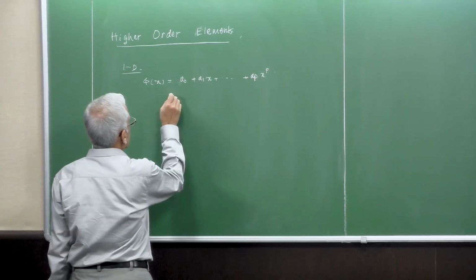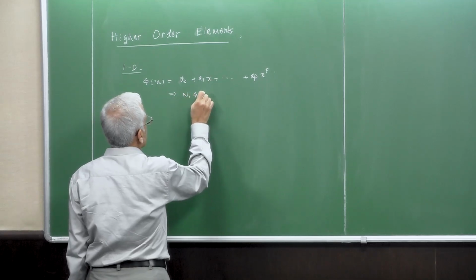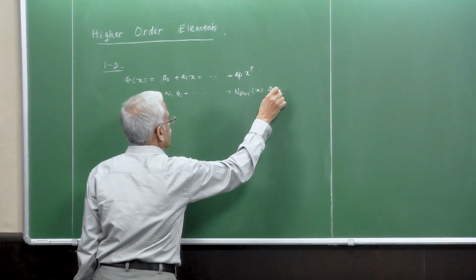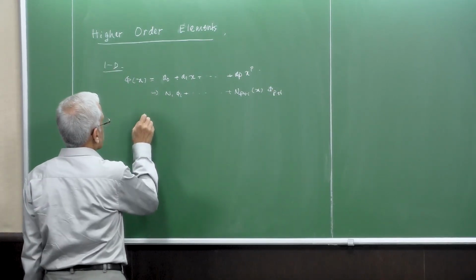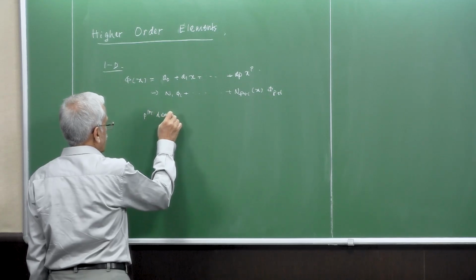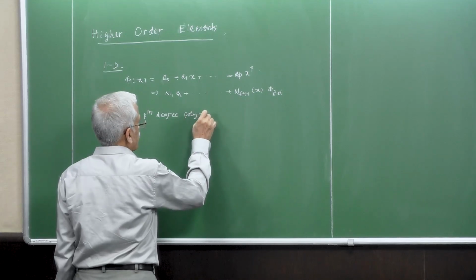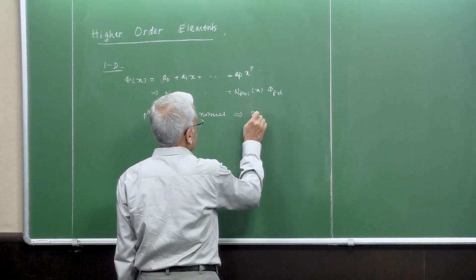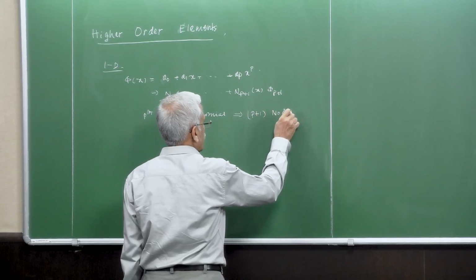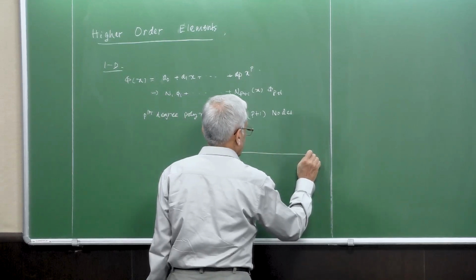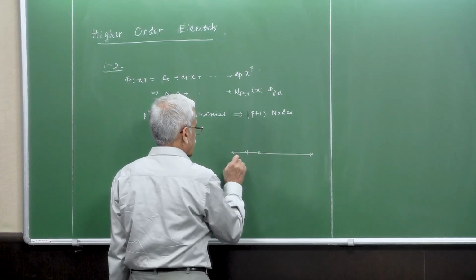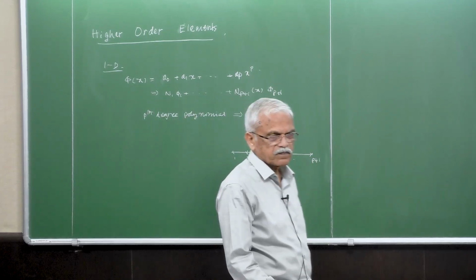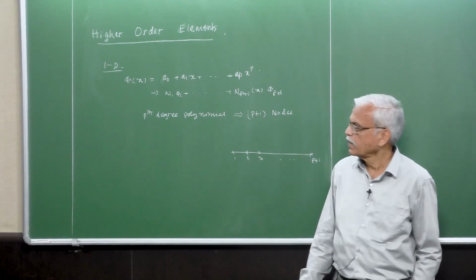pth degree polynomial, which we equivalently put as n1 up to n p plus 1. So there is a pth degree polynomial and put equivalent to p plus 1 nodes. One, two, three. So there are p plus 1 nodes, and then we are fitting a pth degree polynomial, and these two are